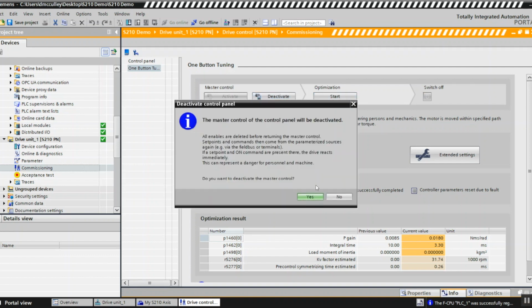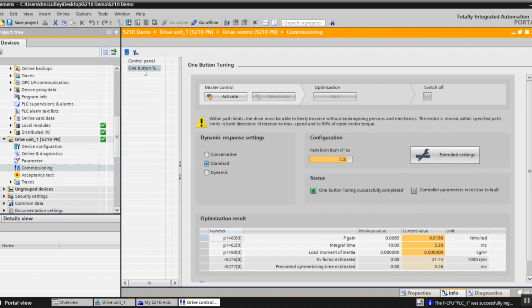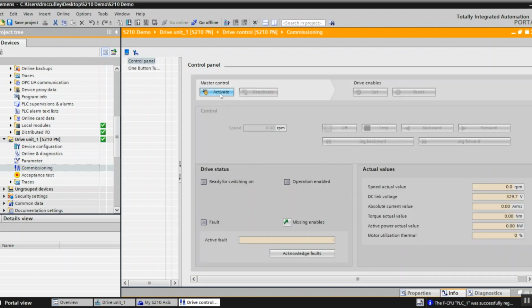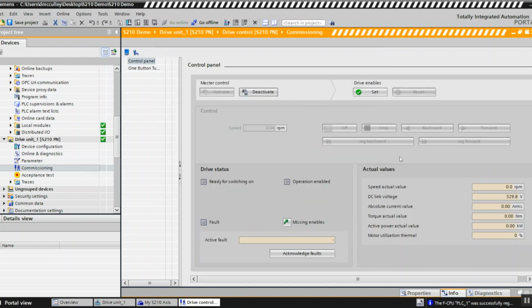So I will deactivate that. I can go to my control panel, activate my control panel, and put in a speed. And to go forward, you can see I'm running at 3000 RPM. Stop it, go backwards, minus 3000 RPM, stop, turn it off. Now my drive is tested